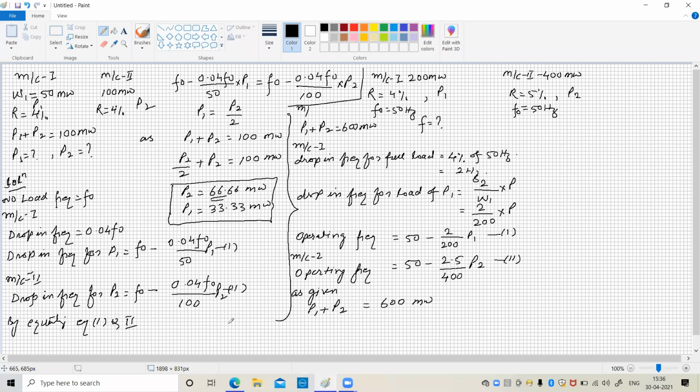So by equating equation number 1 and 2, and solving along with the third equation, P1 plus P2 is equal to 600, equation number 3, we get the load shared by the generator, P1,